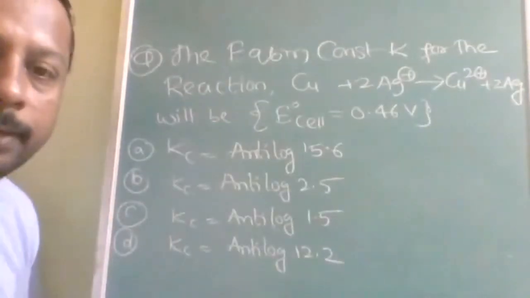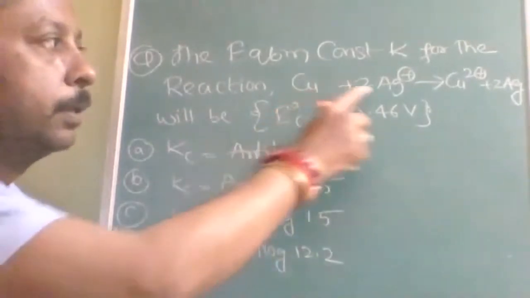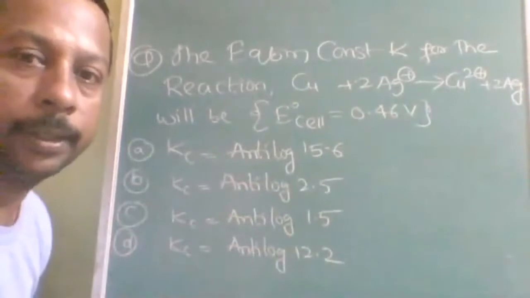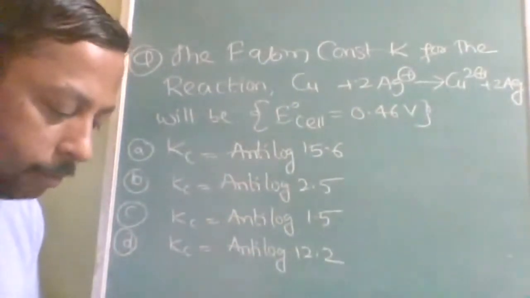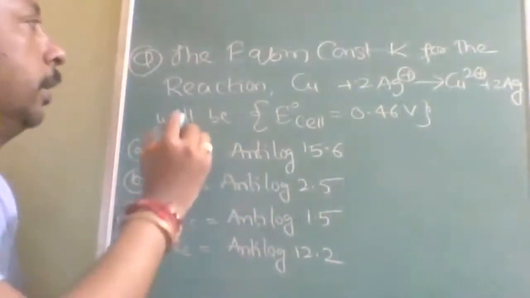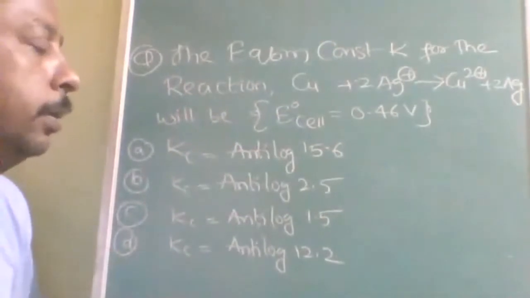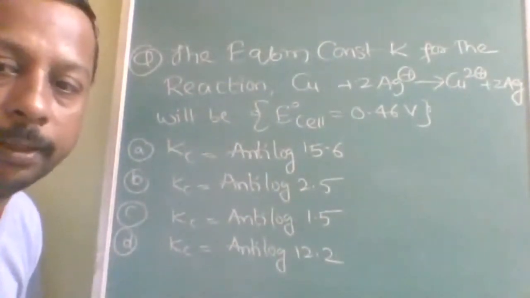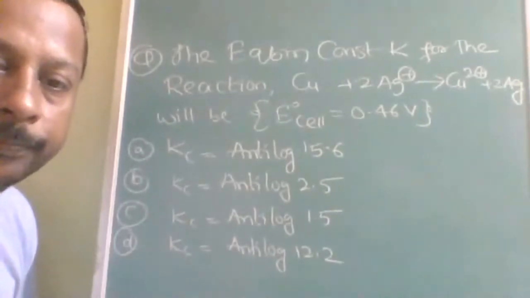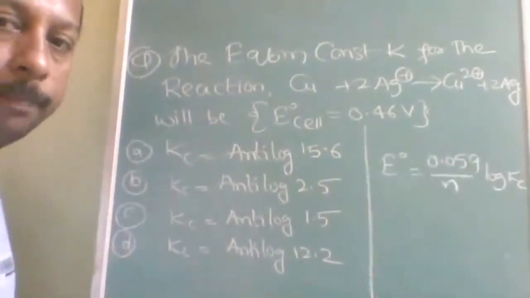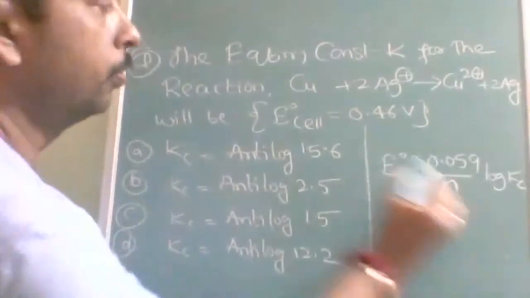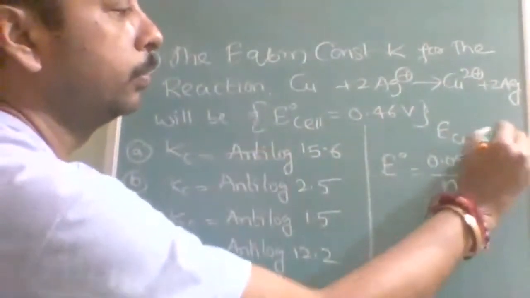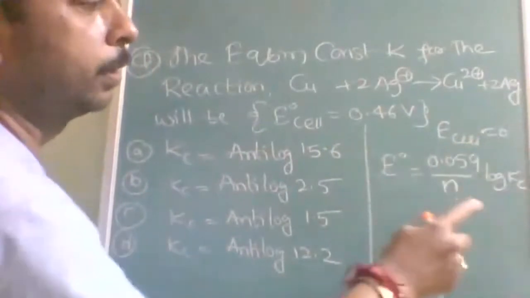Okay, here you are given the reaction copper plus 2 silver and copper 2 plus silver. E naught cell is given and you have to find the equilibrium constant. No need to simplify or work out the antilog values. So very simple, but you should know that at equilibrium E cell is equal to 0 and product upon reactant,